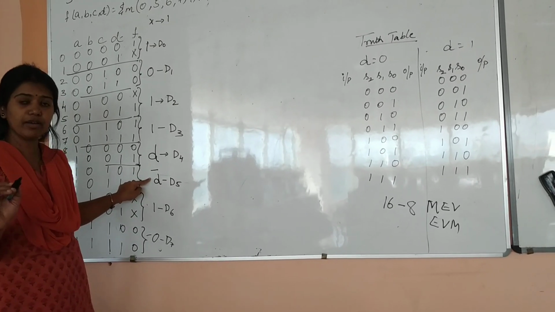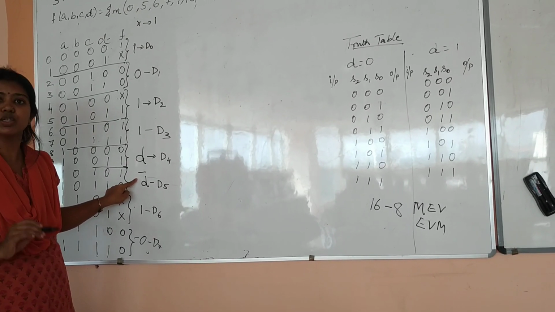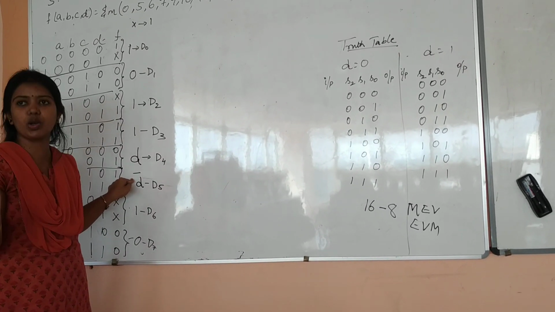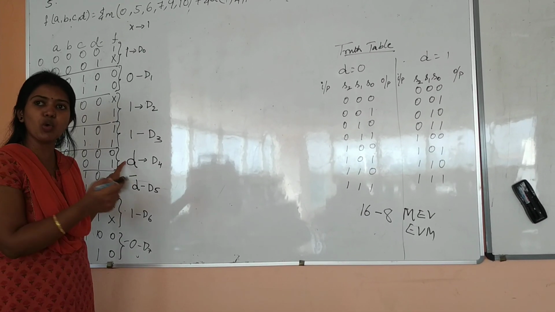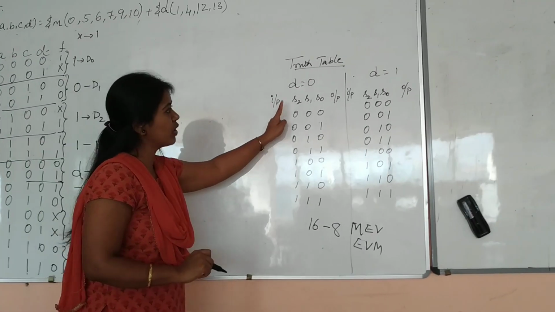So we don't have this D as well as D bar in binary. So what do we have? We have just only 0 or 1. So to this D also you need to place 0 or 1. We don't know what exactly it takes, so we are trying out both the things.